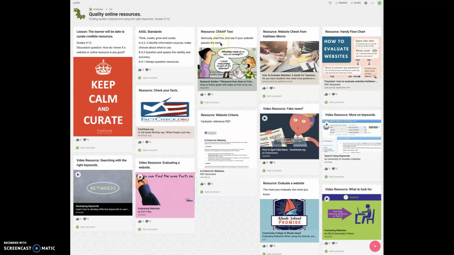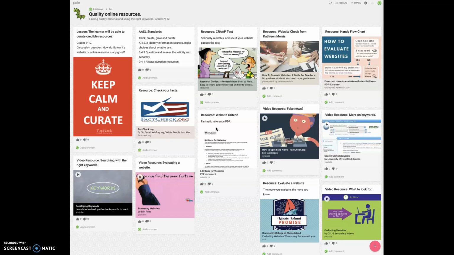The first website we'll look at, there's a link here. It's pretty self-evident what they mean. It's the CRAP test. Next, we have another resource that details evaluating a website, plus another one with a few more details. This has 5 criteria. This has 6 criteria. All of these are worth looking at. They're slightly different, and when you research information, you should always check multiple resources.